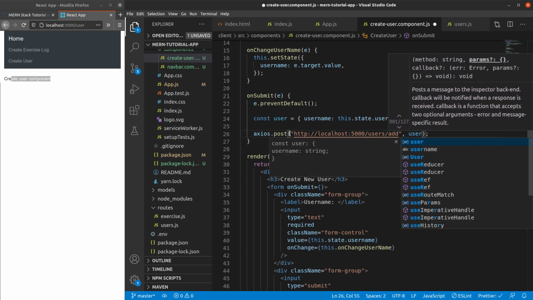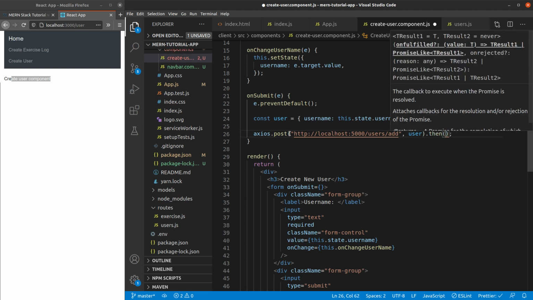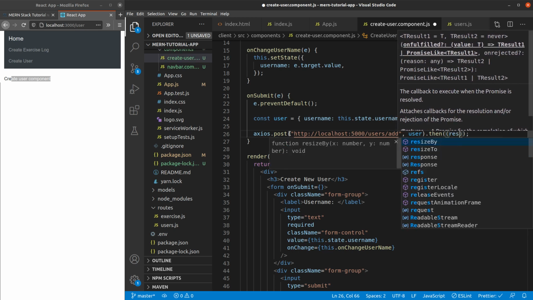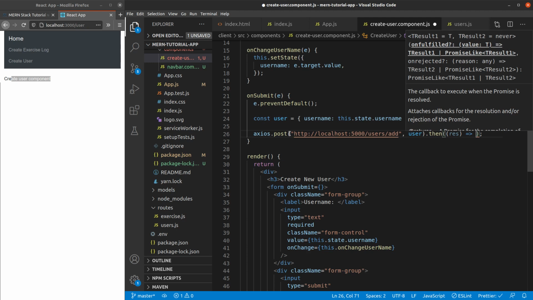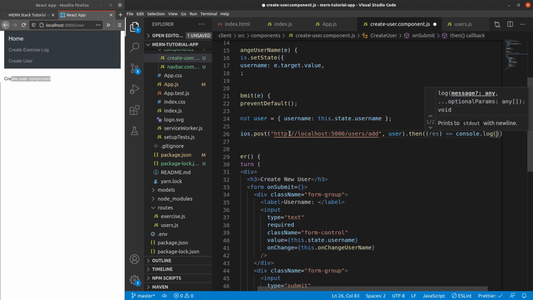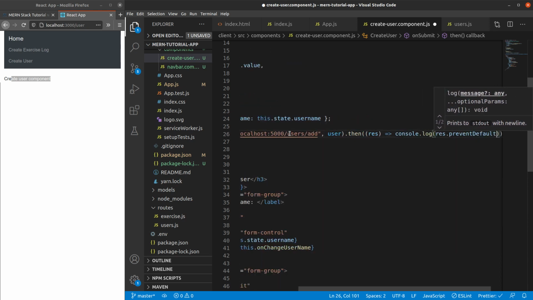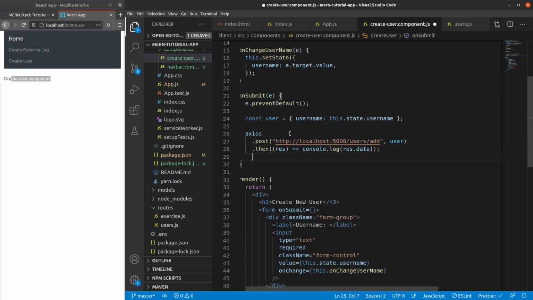I think the function call will go through, but let's also handle the response to know if there are any errors or not. In this case we'll just log it. We'll just do a console.log of response.data. All right, I think that's all.